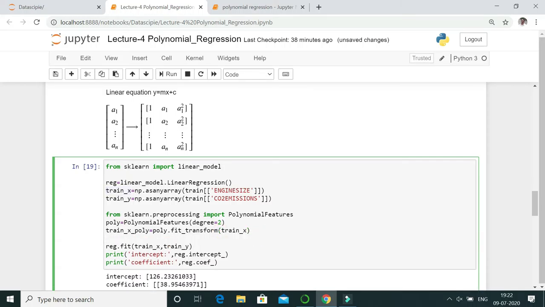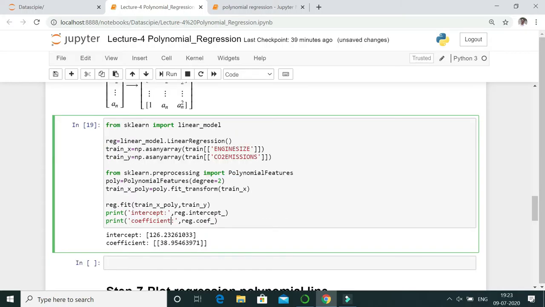Next, we would create the regression model. For that we would replace our independent variable from train_x to train_x_poly. So copy it, replace it for train_x. Here our dependent variable is one and the same, that is train_y.